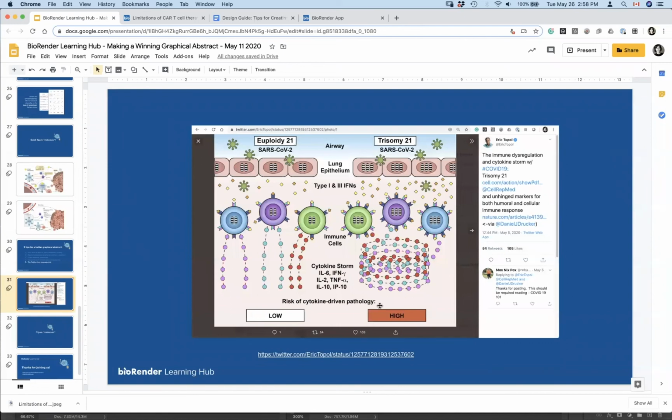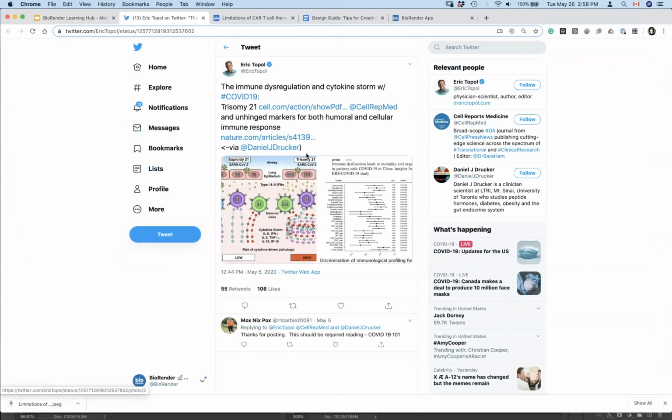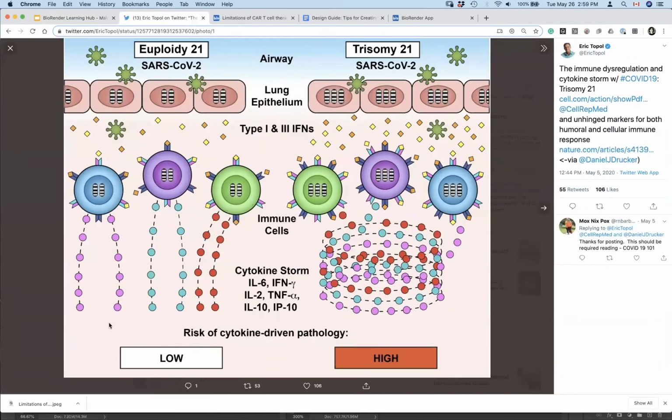So this was a nice one that this individual posted on Twitter. And you can see that the little card or the preview image that shows up is actually, I think, a graphical abstract. So if your graphical abstract can communicate the entire research concept independent of the article, in times like this where it's completely disconnected from the article itself,